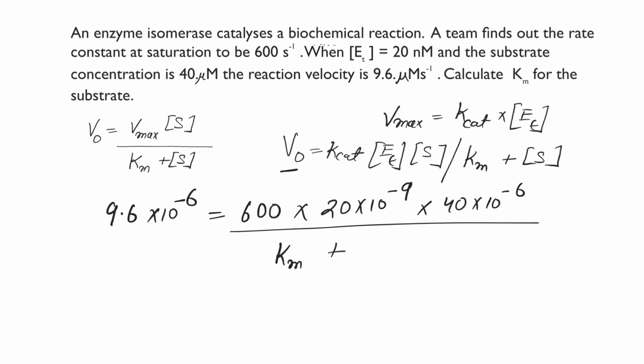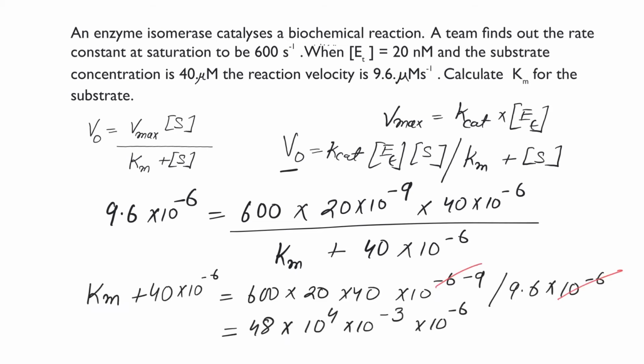Plus again the substrate concentration, 40 times 10 to the power minus 6. Okay, so that's our equation. Now let's rearrange to get the Km here. If you see here, I have played a little bit smart. The 40 times 10 to the power minus 6 goes there, and 10 to the power minus 6 upon 9.6 comes here. So let's cancel 10 to the power minus 6, that's gone. So 6 times 2, that's 12. 12 times 4, 48. We have 4 tens, so that's here.